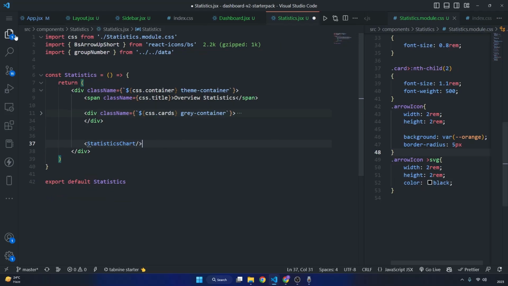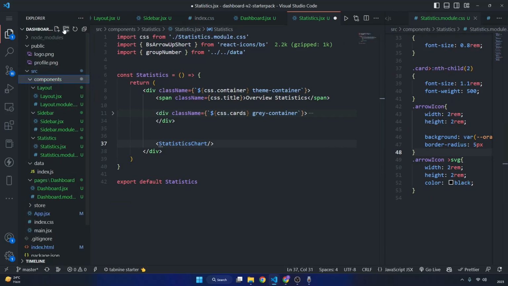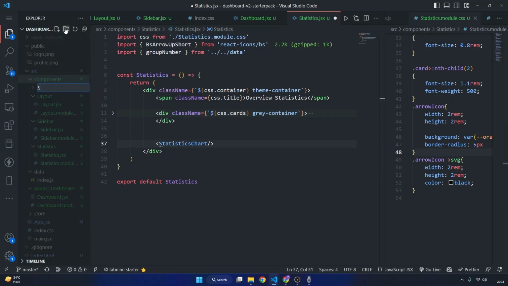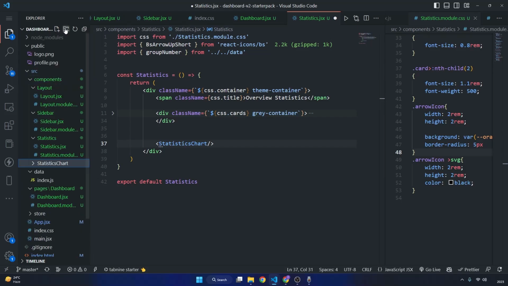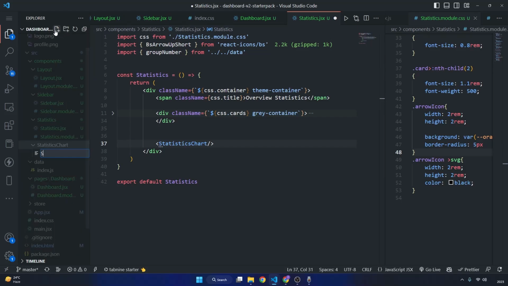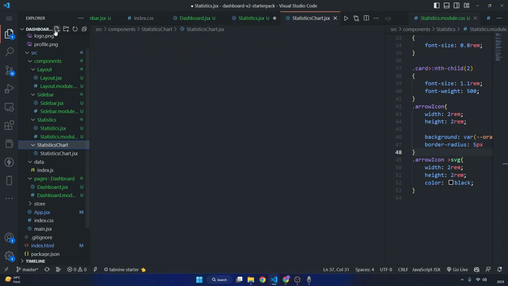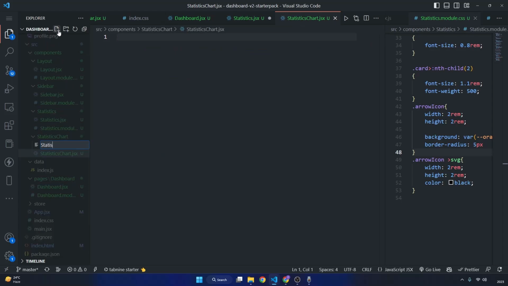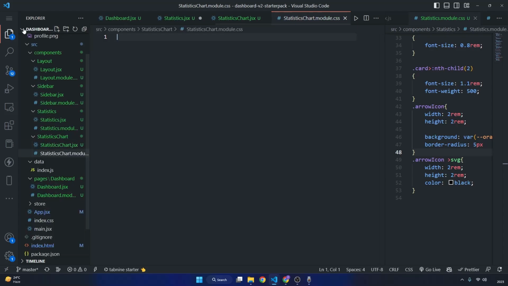Okay, let's go to the components folder. Here I am making a new folder with the name of statistics chart, and inside this I am making a new file, statistics chart.jsx, and the other one is for the css. Basically we don't need any type of special css because everything will come out of the library. But let's say,